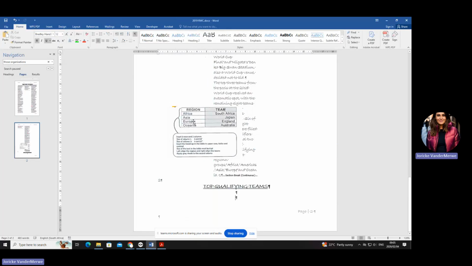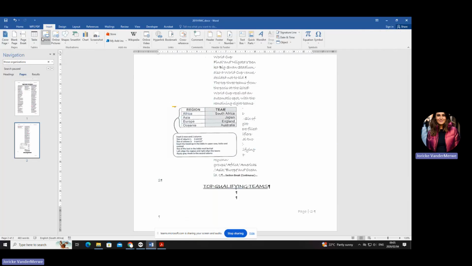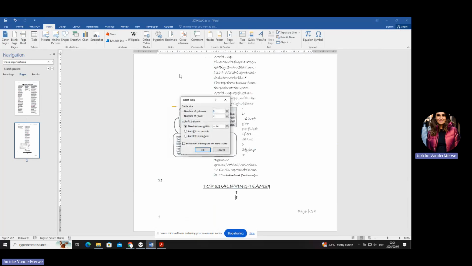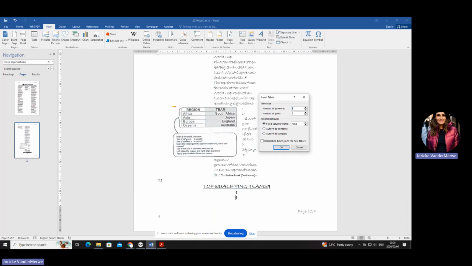Okay, now let's first start off. Where do you go to do tables? It says there insert. So let's go to insert table. Now you can either go and build a little Lego house, which is probably going to take you forever. I would prefer you to just say insert table and then type in the rows.